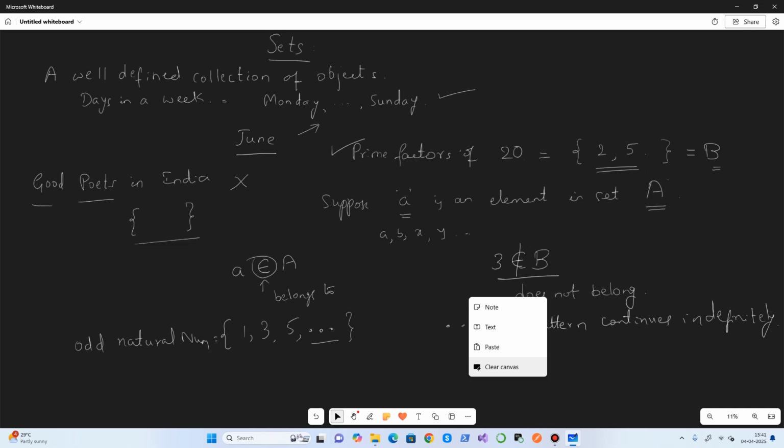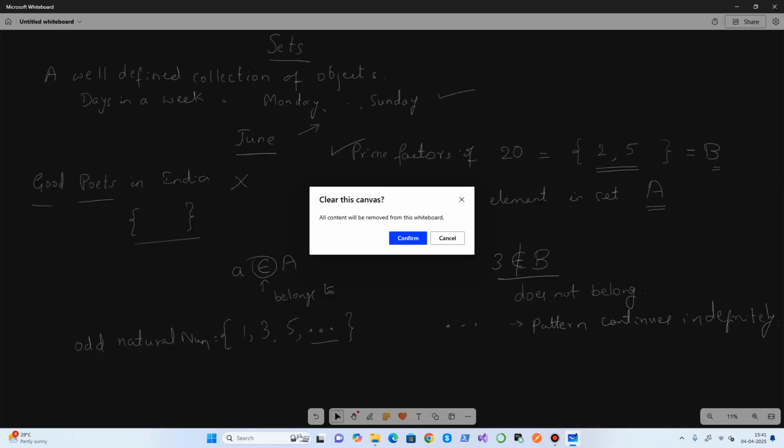Okay, so next we will try to understand different forms of denoting a set. One is what we call a roster form.